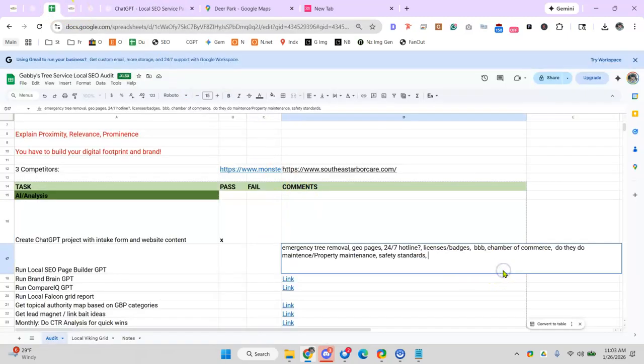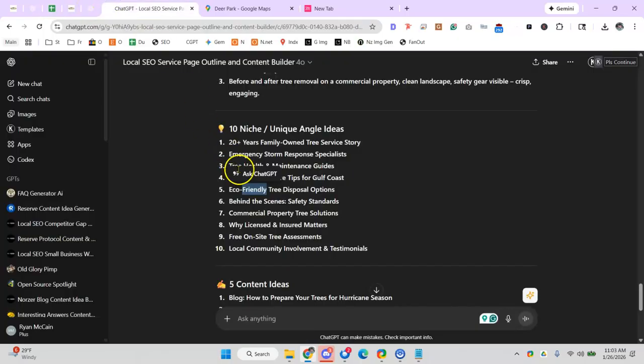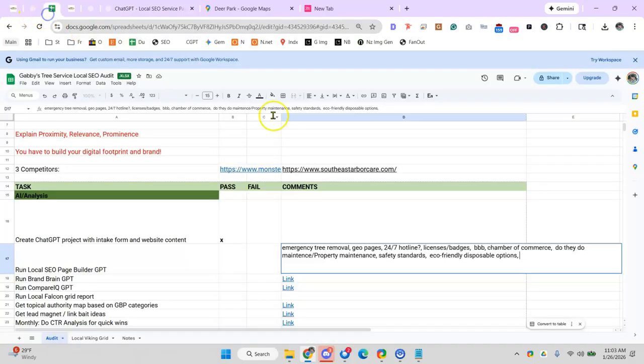Eco-friendly disposal, I can't spell, whatever, I don't care. Disposal options, and seasonal care tips for the Gulf Coast. Interesting. So that's something we could put on the maintenance page to draw